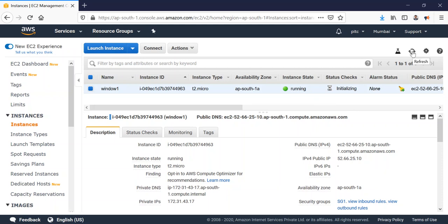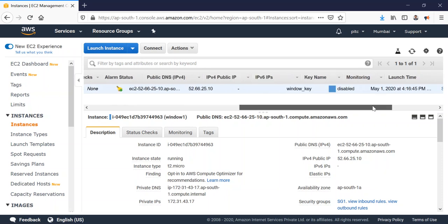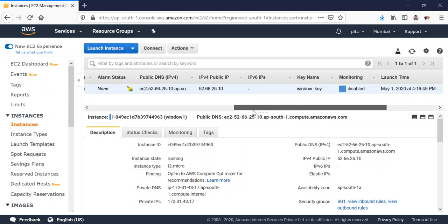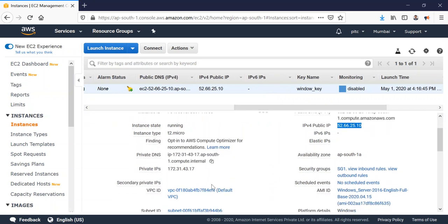From here you can just click to refresh it, because many times it is up and running but we are not able to see it. So this is what you can do. And this is one very important thing, the public IP. By default there will be a public IP, and you can also see the private IP of your machine.